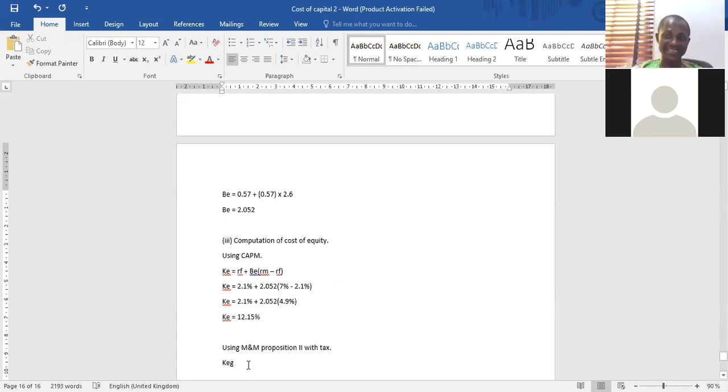Cost of equity of a company that is having debt is equal to cost of equity ungeared, that is of a company that is not having debt, plus cost of equity ungeared minus cost of debt. This cost of debt should be pre-tax. Let me state it there. Cost of debt, pre-tax, before tax, not post-tax. Okay? Cost of debt, pre-tax. Let me use the other bracket here to differentiate it.